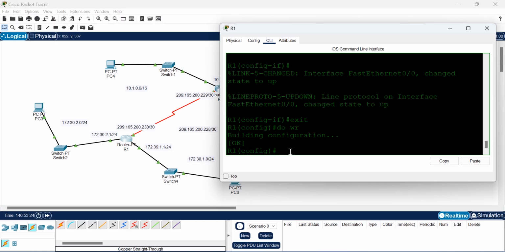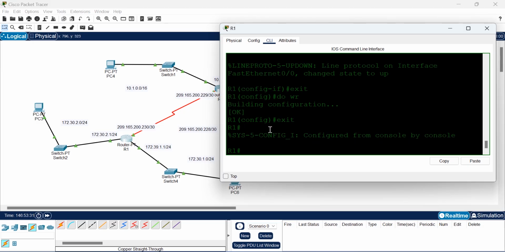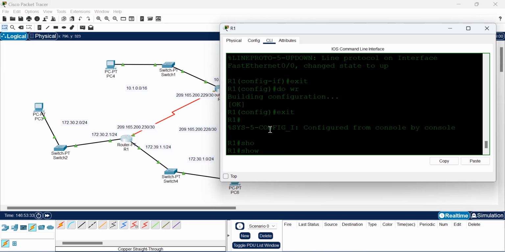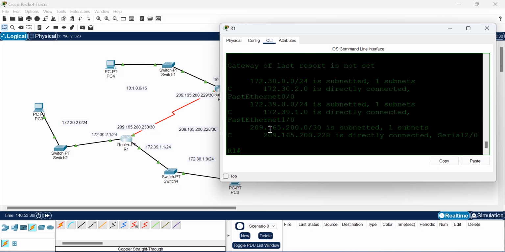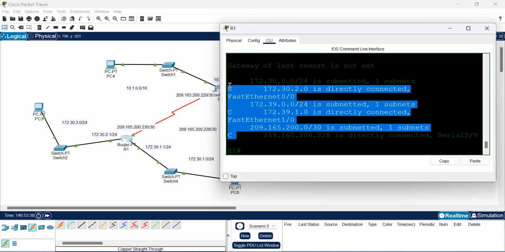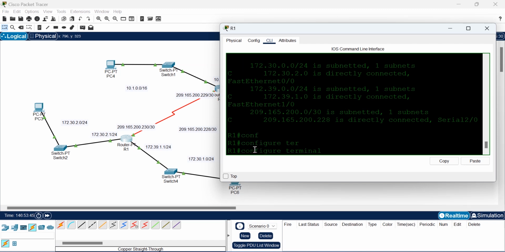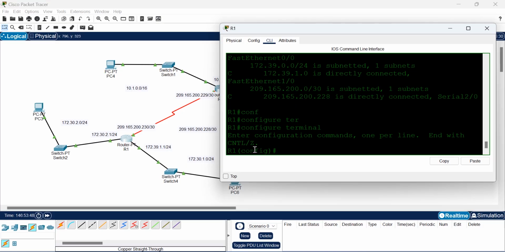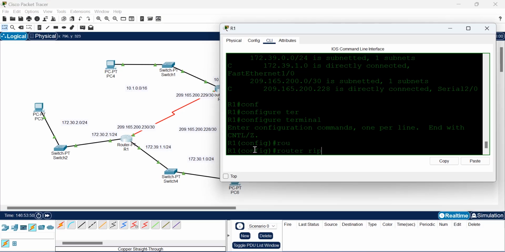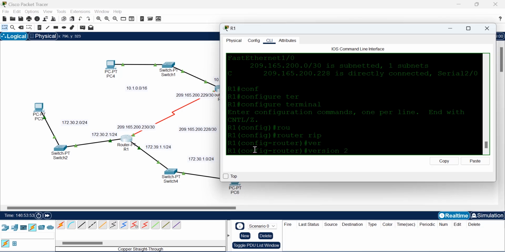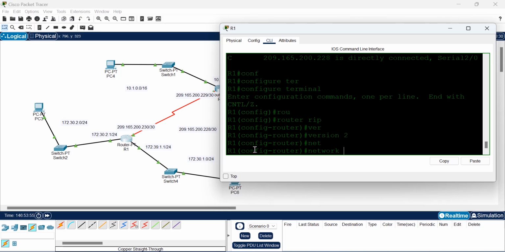We come to router 2, it will advertise 3 networks as well. We show IP route again. All right, it has 3 directly connected routes. So we are going to configure terminal, and then we say router rip. We say version 2. Then we advertise network. We are going to advertise